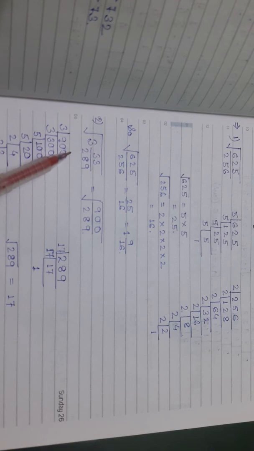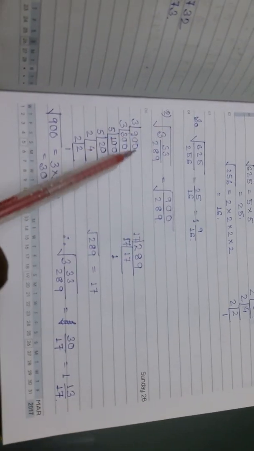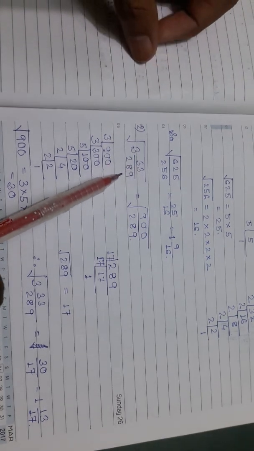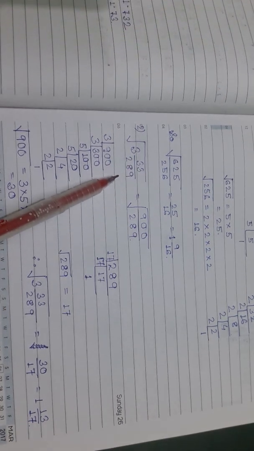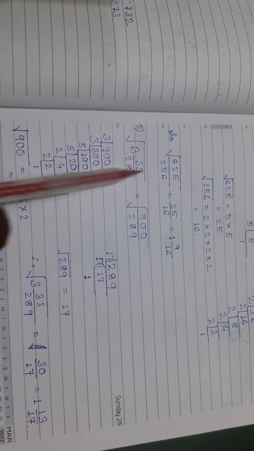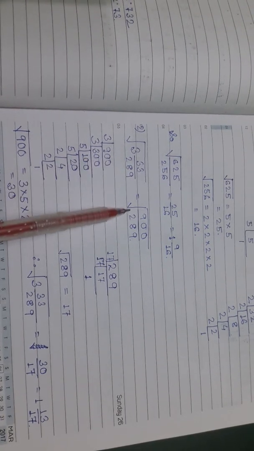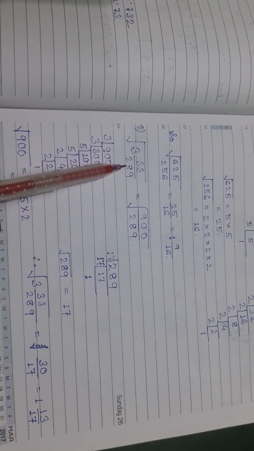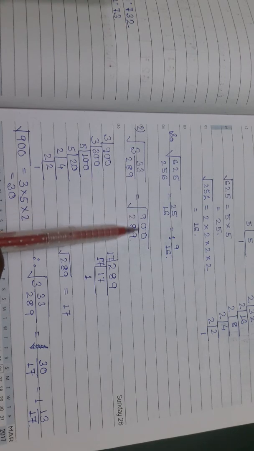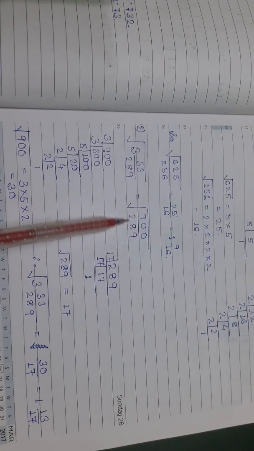Now comes another sum, 3 33 by 289, meaning this is a mixed fraction. To do the square root of this sum, at first we must convert this mixed fraction to an improper fraction by multiplying 289 into 3 plus 33 equal to 900 by 289, and then we have to take the square root of this 900 and 289 each